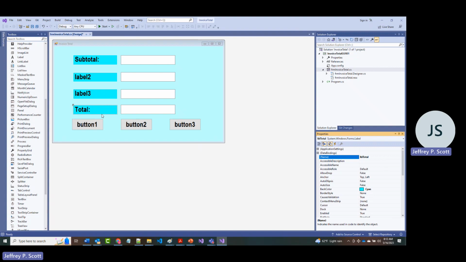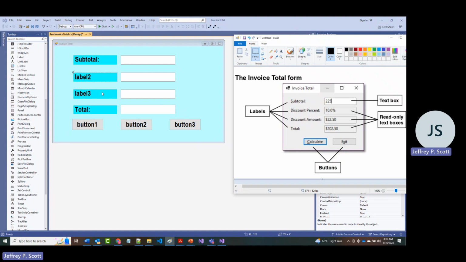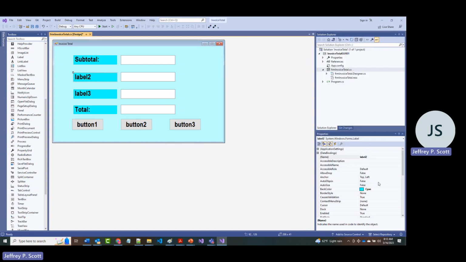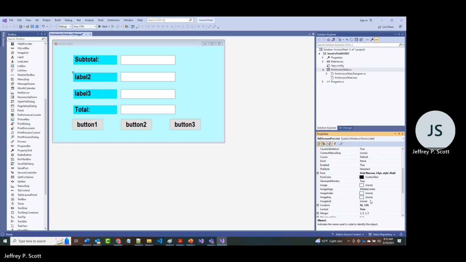All right, so those 2 are done. Let's do the associated text boxes next. So I'll make this TXT subtotal, and I'll make this TXT total. All right, and then this one was discount, discount percent and discount amount. So this is discount percent. And the text will be discount percent